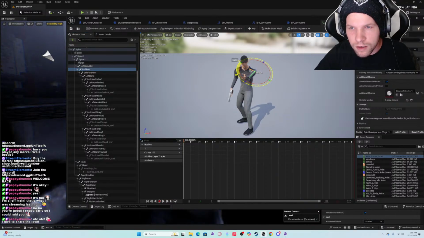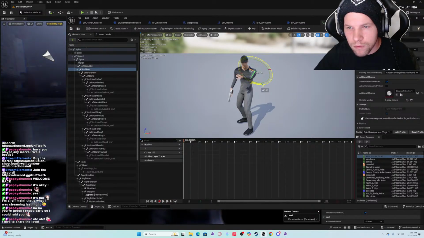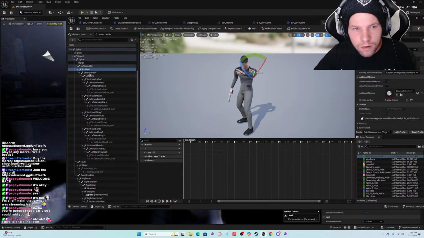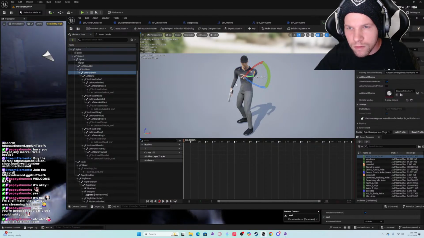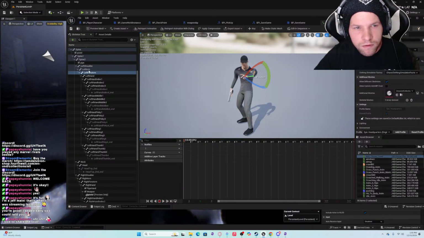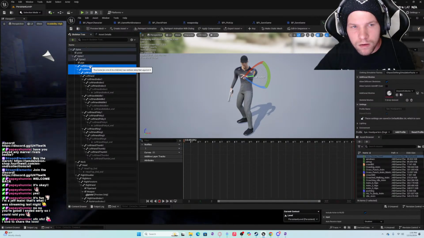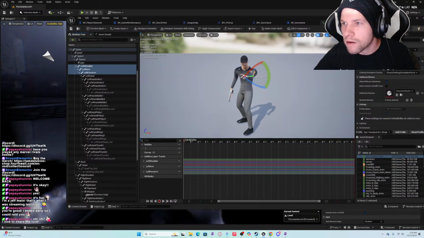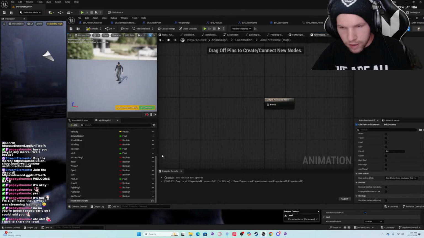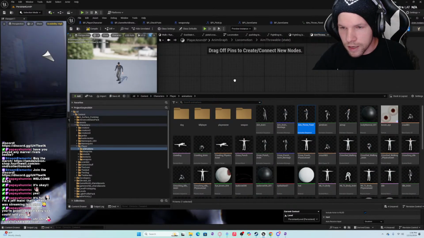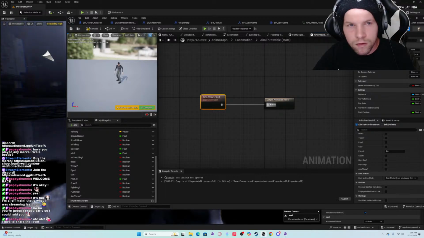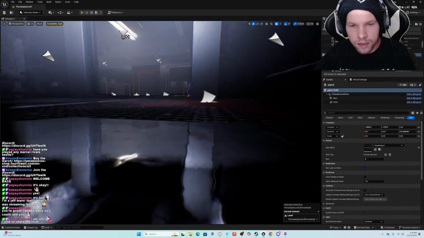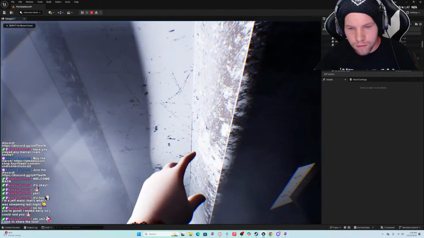Let's do left arm. Left forearm. Save. And we're gonna add a key. Save. Okay, and then we're gonna use this aim throw fixed. There we go. Okay, let's try that. Beautiful.